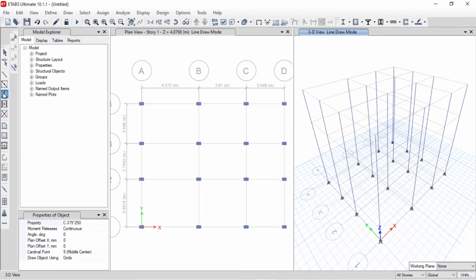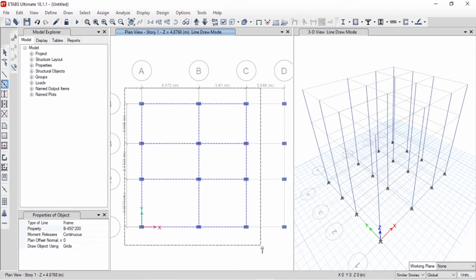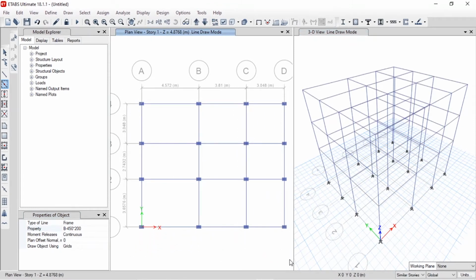Now similarly we'll create the secondary beams, or we can use this option also, quick draw columns or beams. And here also I'm going to change the object property. Remember to change the property, otherwise after analyzing and applying the loads you will have a problem. And here choose the similar stories, and I'm going to choose all the stories. You can see everywhere it is applied, but it is not applied at the plinth level.